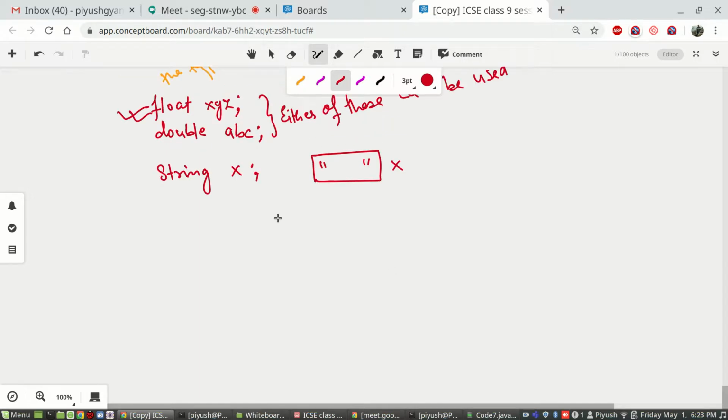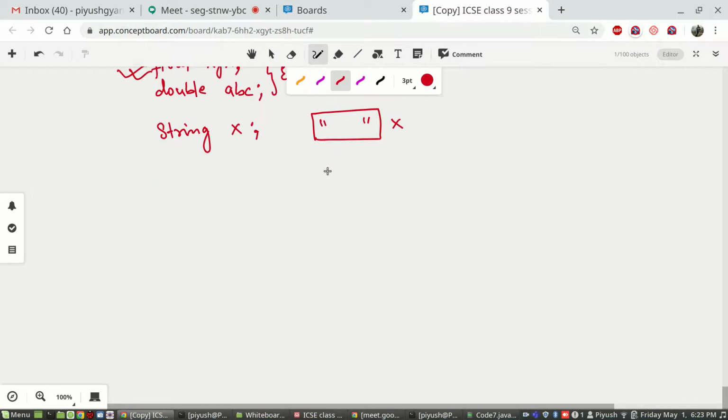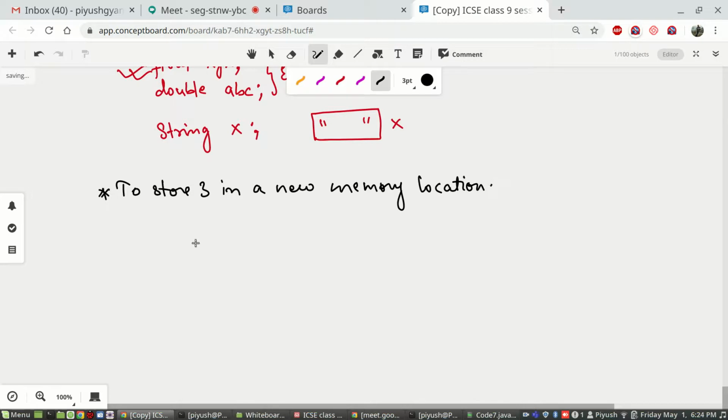Because now you have got one empty box which is reserved to store whatever type of value you want to store. Let's say you have to store 3 in the computer's memory location. If you want to store 3 in a new memory location, what will you do? First you will reserve a memory location. So int A.